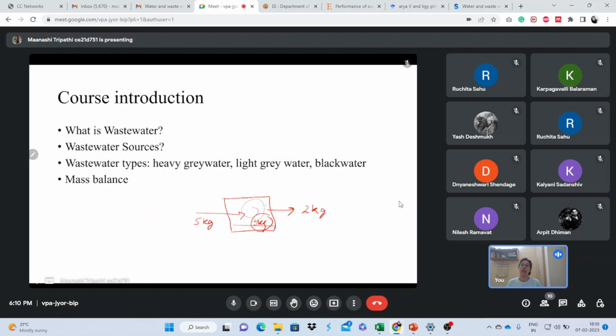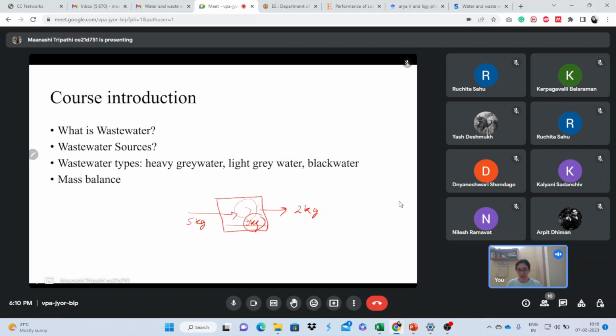So in environmental engineering, or water and wastewater treatment per se, this mass balance is very, very, very important. All the concepts, all the things. This is the most basic thing you should understand. If you understand the mass balance properly, then there won't be any numerical problem that you are unable to solve. So in case of any doubt, please ask in between. Now next we'll solve the questions.